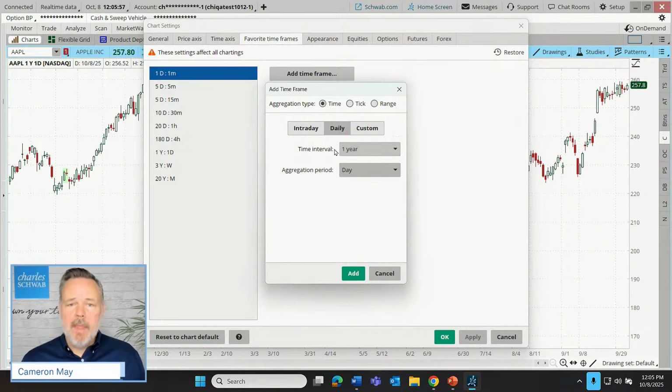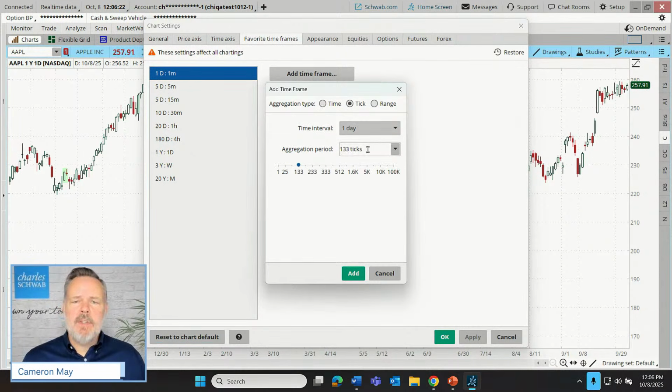Now, as I do that, I went fairly quickly in adding that 20-year chart. So just to clarify, we select the length of the chart using the time interval menu. And then the aggregation period is a fancy term that we use for the word candle. That's what that is. So right now we're looking at daily candles. On my 20-year chart example, I used a monthly candle. All right. So now let's switch it over here to tick. And this defaults to a 1-day chart, but it literally goes tick by tick.